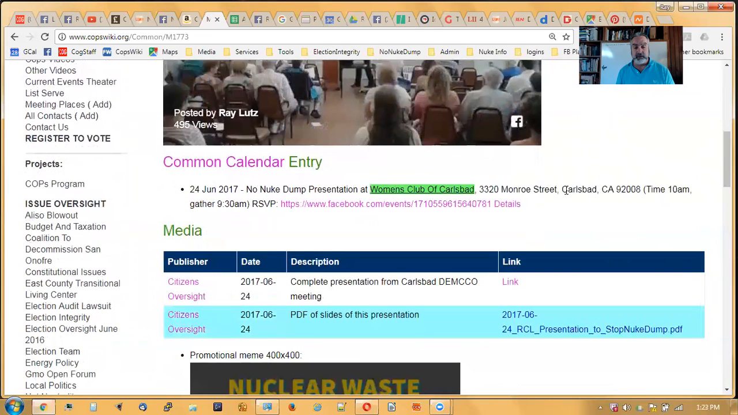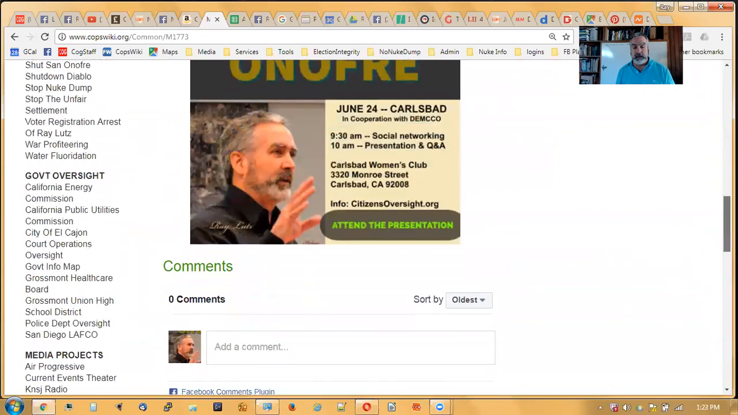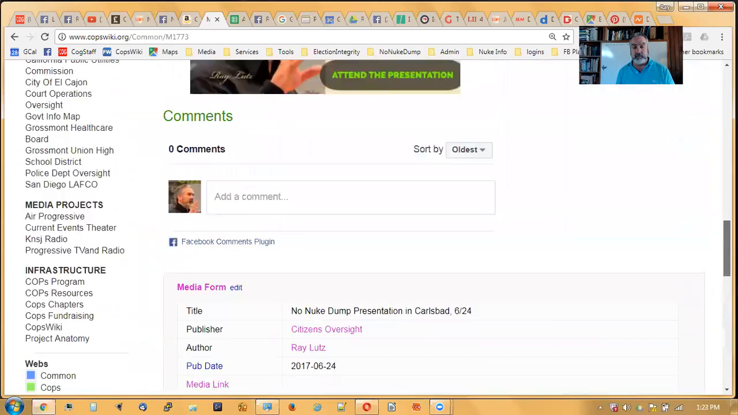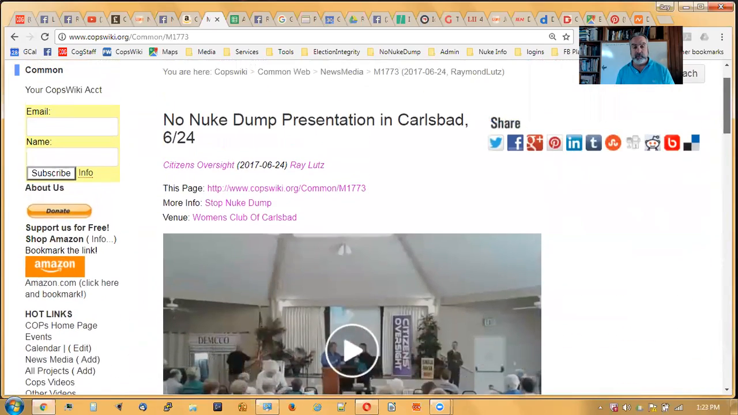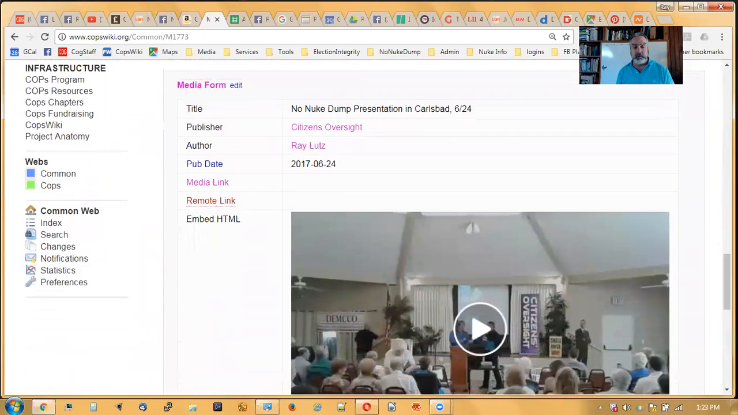This was the calendar entry that we set up, and there was additional media that is available. Sometimes we collect things in the news and put it in this list here. And the invite. Now, this is a media item, and the reason it finds it is because it has this thing at the bottom called media form. So the page itself